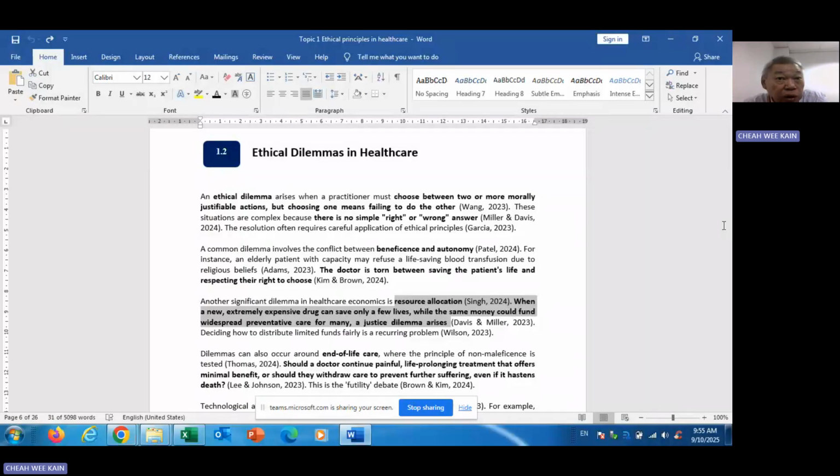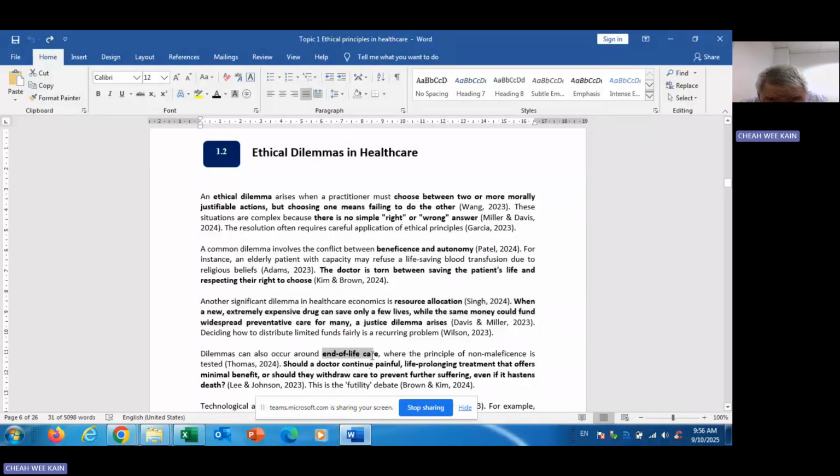Okay. Now, another way to look at it is that the end result is more important. How we do it is not important. So there are two ways. One is called deontology, and one is called the utility view. Okay, the deontology view is we always do what is correct and don't care about the consequences. And the other one is the utility view, which is we will do what is needed, even though it is very bad. Okay, so